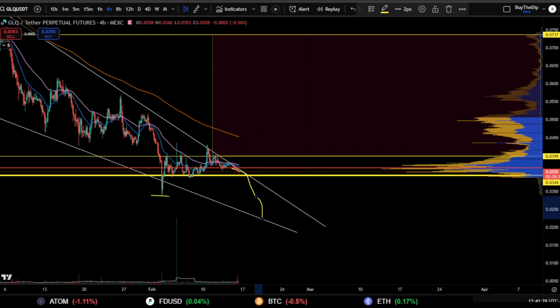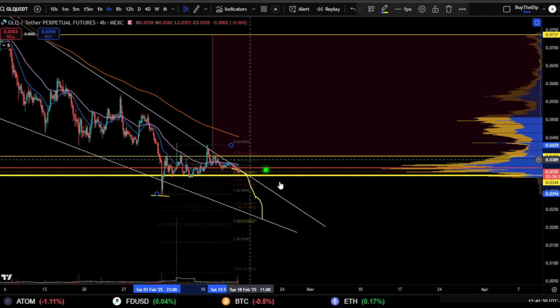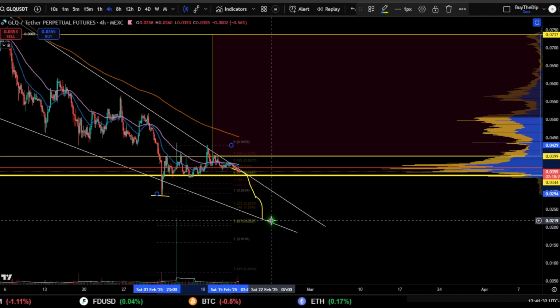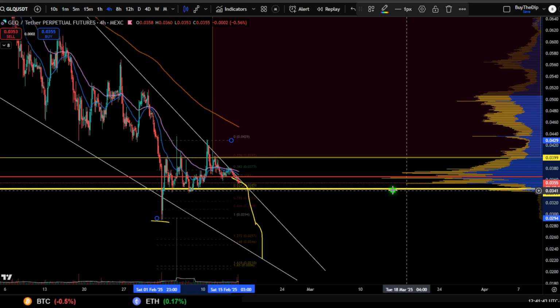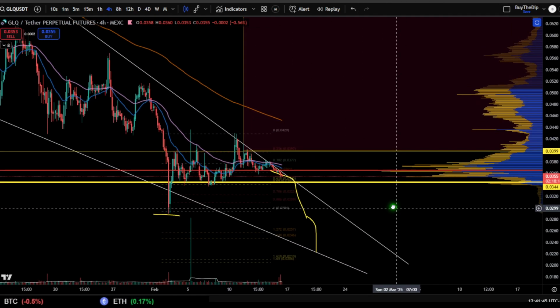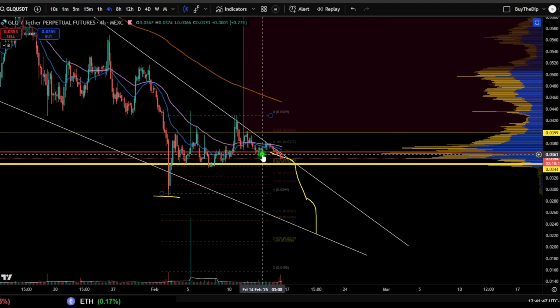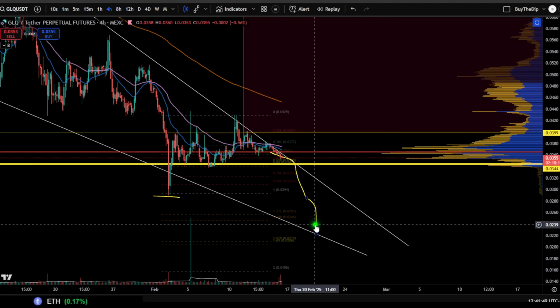And if you look at the extension level, swing low to swing high, and we come down 1.27, 1.618, it could definitely come down to about 0.22 cents. And that obviously would bring us down to another lower low extension. This is why your invalidation for any accumulation right now should be very clear, because we're still in a downtrend. And as long as we are in a downtrend, the possibility of a continuation down is still there.